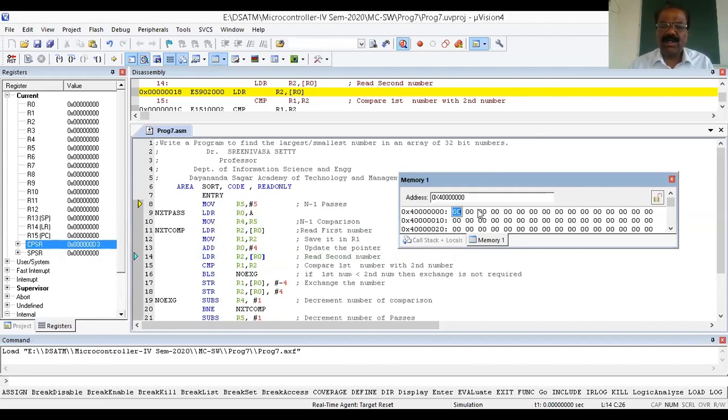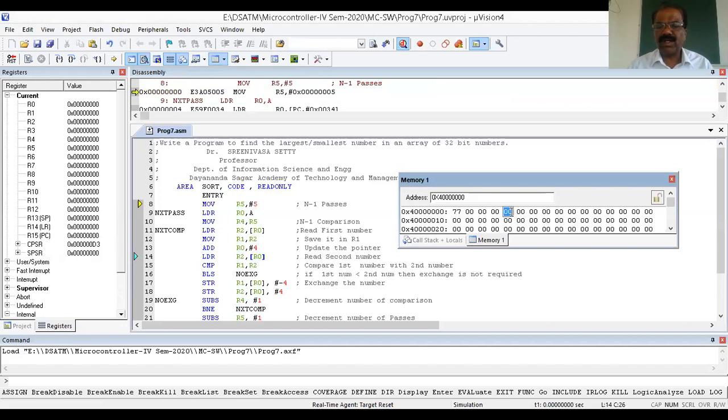To make it simple, I'm using smaller numbers. We can put larger numbers like FF, the maximum possible number. The first number is 77. Then 1, 2, 3, 4. This is the starting address of the second number, let it be 42. Then 1, 2, 3, 4.